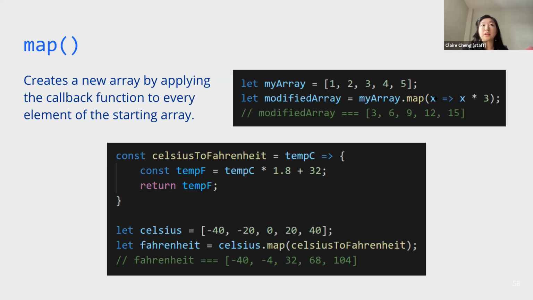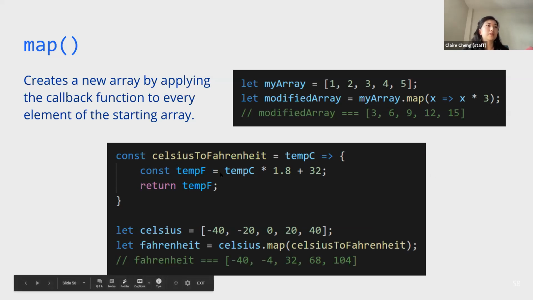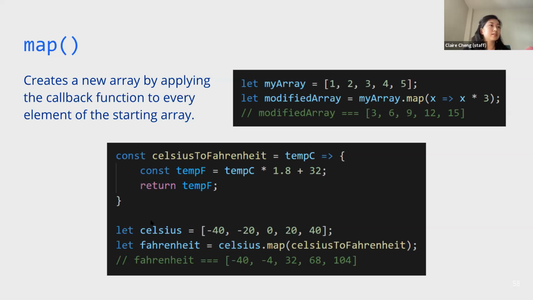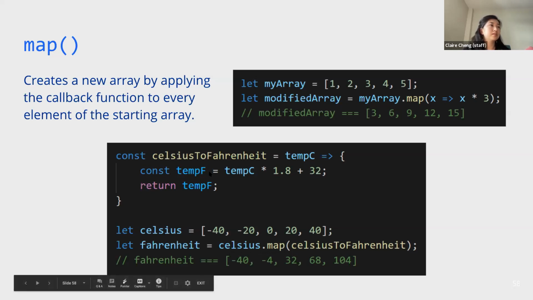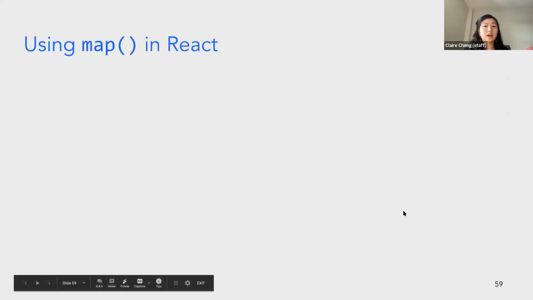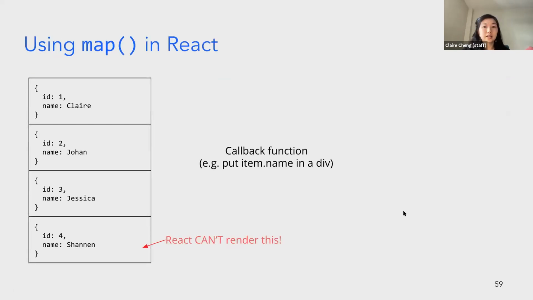It doesn't matter what you name this, it's just a function. You can call it X, you can call it Y, you can call it Bob, but as long as it's consistent, it has to be the same thing on the left side and the right side. Instead of putting the function itself within the parentheses, you can also use an exterior function and just put it in here, and this will map each element of this list Celsius into this function called Celsius to Fahrenheit, take the output and append it to Fahrenheit. So how this works in React is that